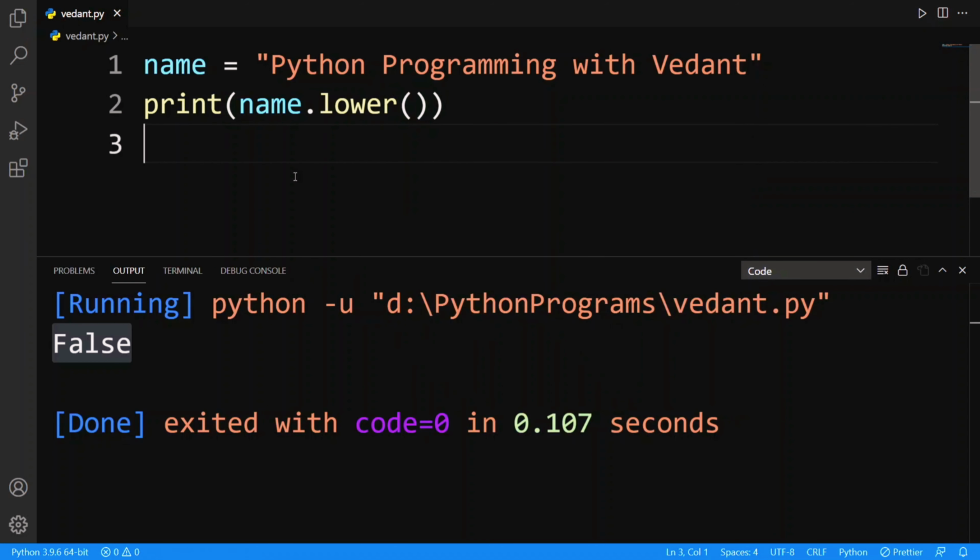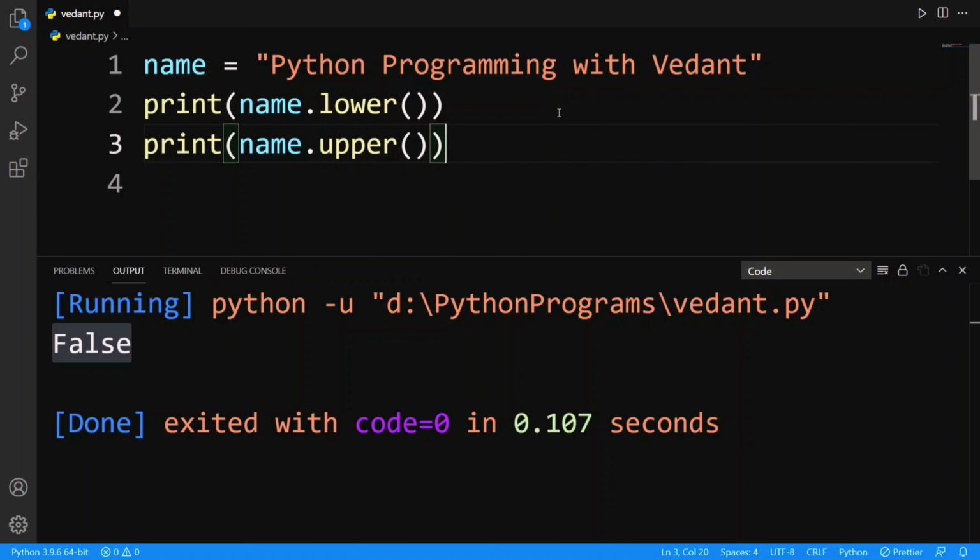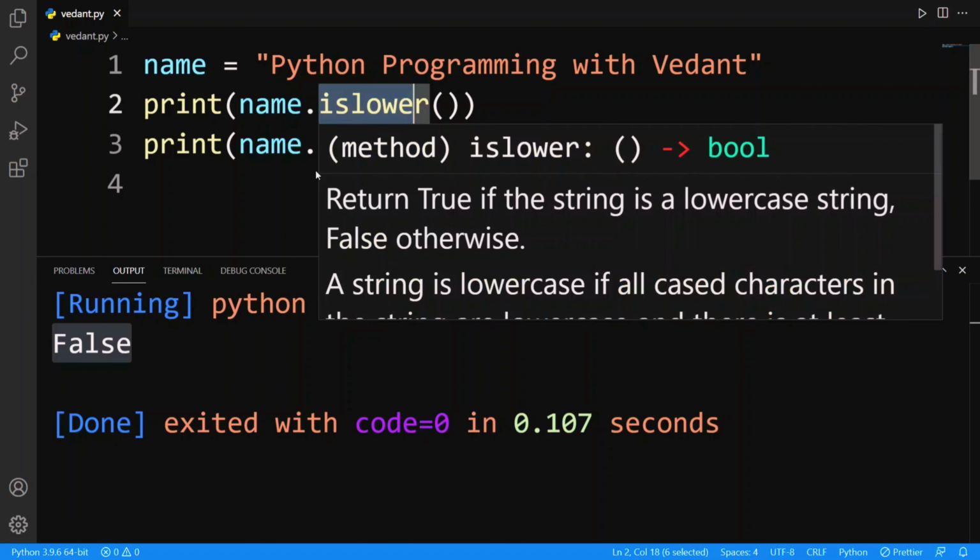By using this lower method, we can convert the string to lowercase, and using upper, we can convert the string to uppercase. Just like that, we are going to see islower and isupper. If the string is lowercase, then we will get true. If the string is not lowercase, is uppercase, or is a mixture of lower and uppercase, then we will get false.